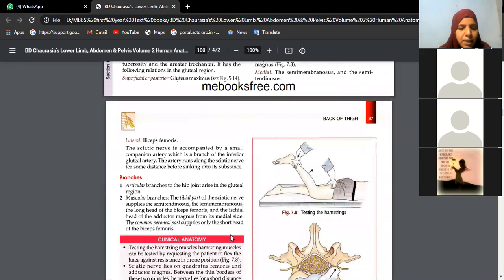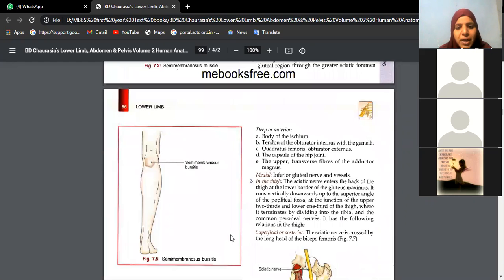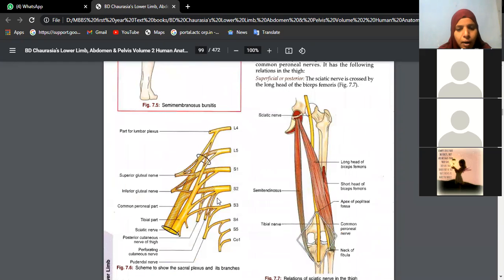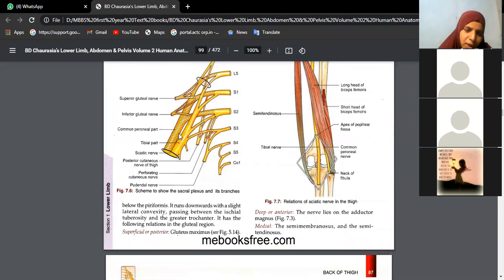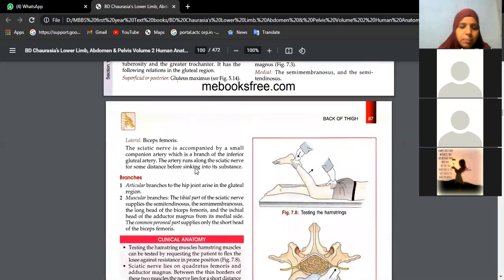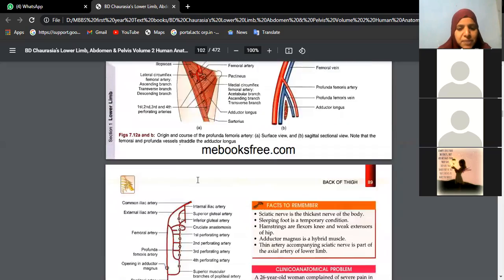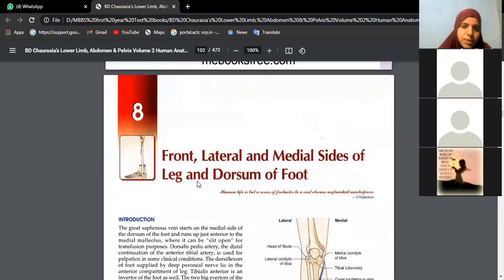So now sciatic nerve, see here, first of all, when sciatic nerve question comes, you should draw this plexus. You are finding here the various nerves involved: L4, L5, S1, S2, S3. That's how sciatic nerve is formed. At the point of its formation, you are finding its two components. One with dotted black lines is the common peroneal part, then we have the tibial part. In the popliteal fossa, we have seen how it is dividing into two.